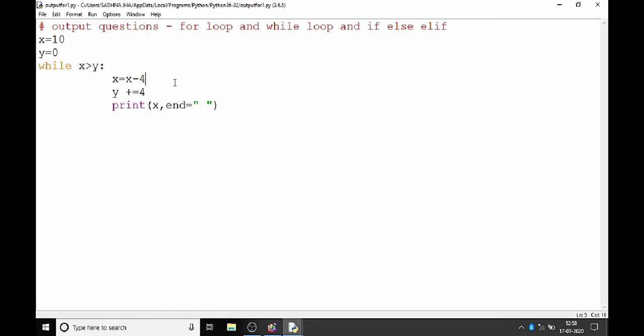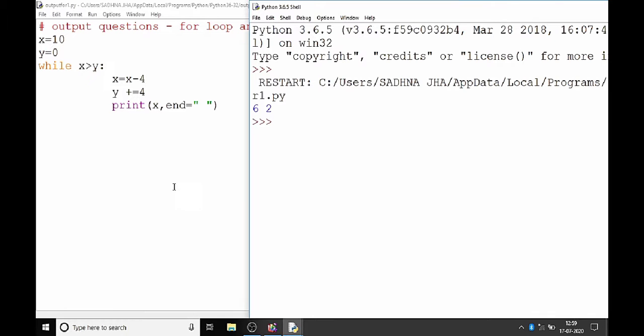So now my x value has become 6 and y value is 4. 6 is greater than 4, condition is true. Now 6 minus 4 will be 2 and my y was 4, 4 plus 2 will be 6. Now x is 2 and y is 6, 2 is greater than 6, condition is false, it will move out. This has been added for this space.